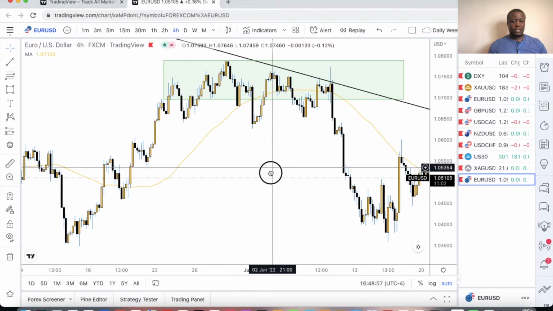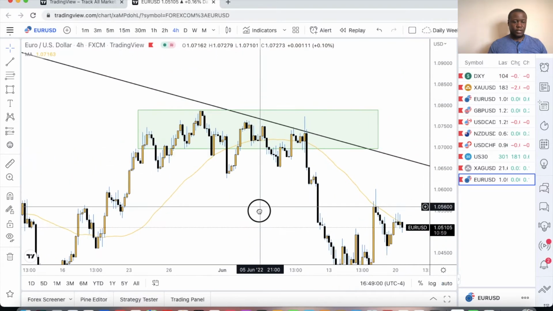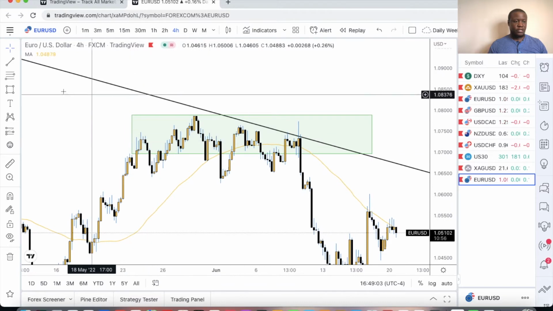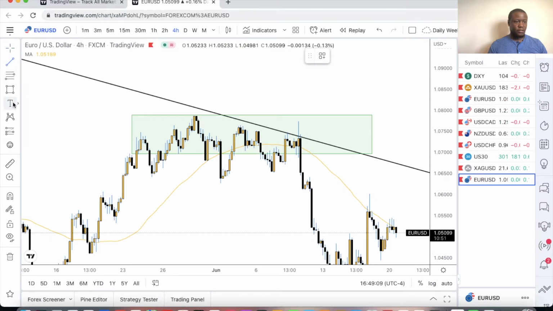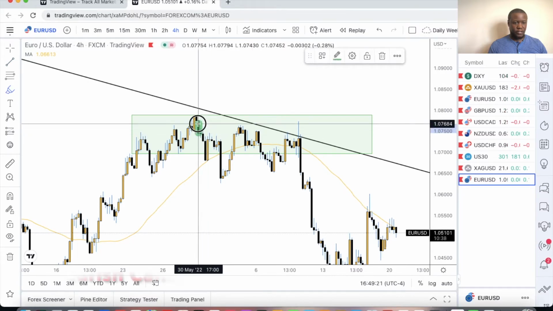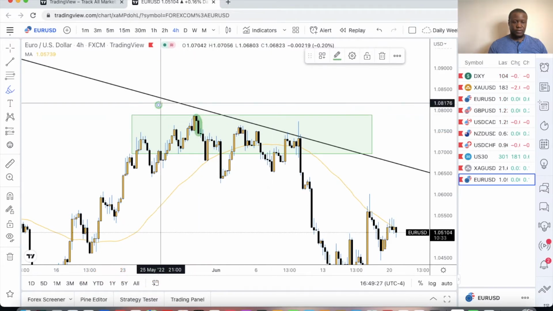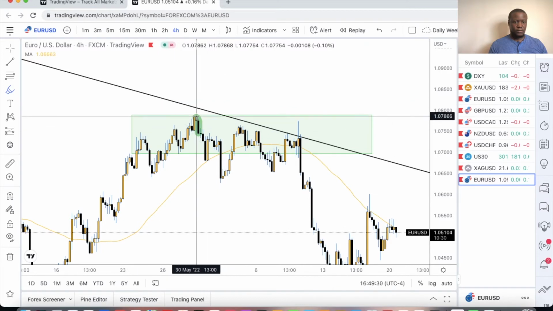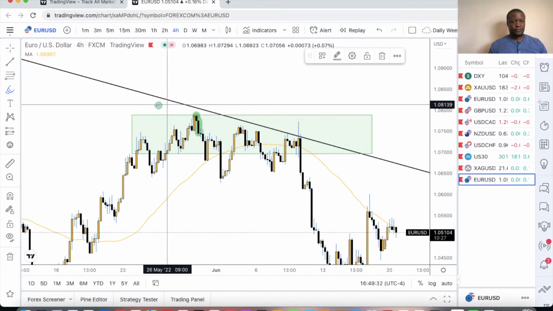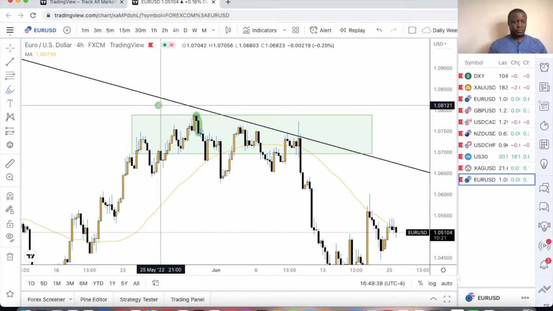Right, so let me just show you the 4-hour real quick. So on the 4-hour, if we were to enter, you could possibly enter on this bullish candle right here. Let me highlight it. You could enter on this bullish candle right here. Or